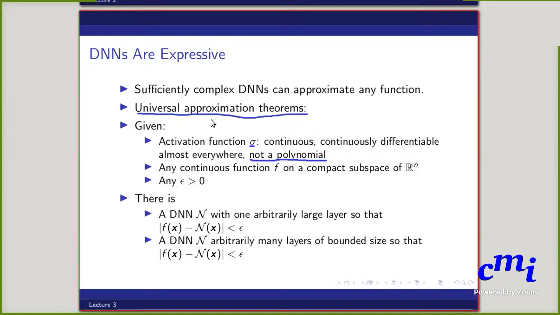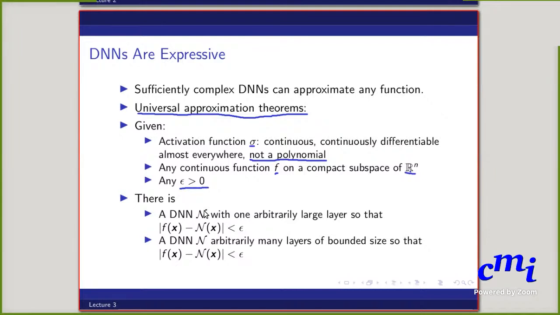So suppose you're given such an activation function, and you're only allowed to construct DNNs based on this sigma activation function. Now, what does the universal approximation theorem say? It says that given any continuous function f on Rn, or let's say some compact subspace of Rn, basically some bounded part of Rn, and given any epsilon, which is the degree to which you're looking to approximate f,